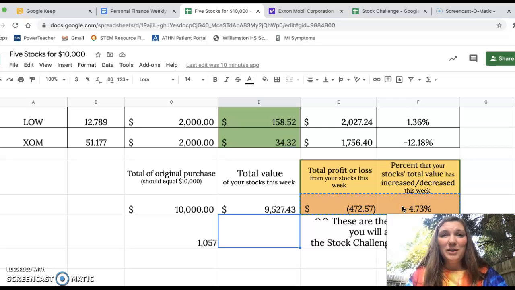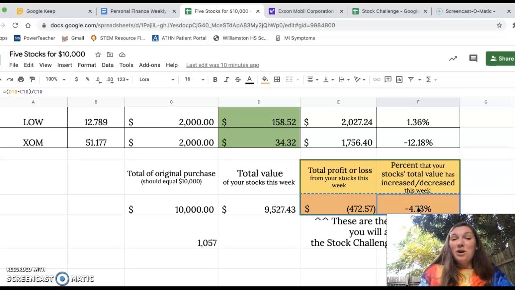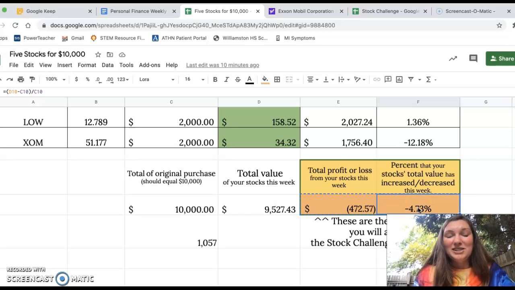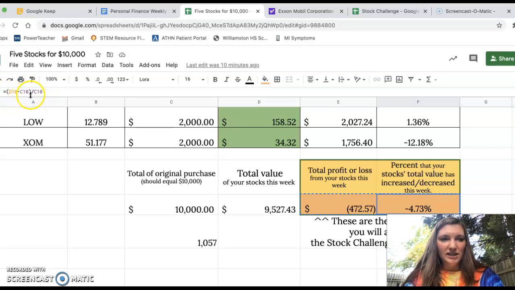So before we go any farther, I want to double check that you have the right formula in this cell, because I think I put the wrong one in there initially for you, and I apologize for that. The formula in this cell, the percent that your stock's total value has increased or decreased this week, should be, in parentheses, D10 minus C10 divided by C10. If it's not that right now, even off by one thing, you want to change it